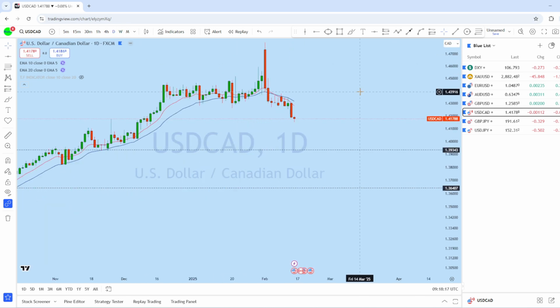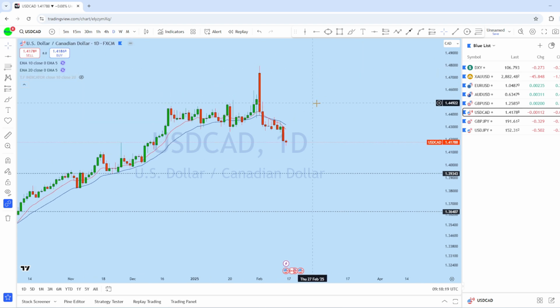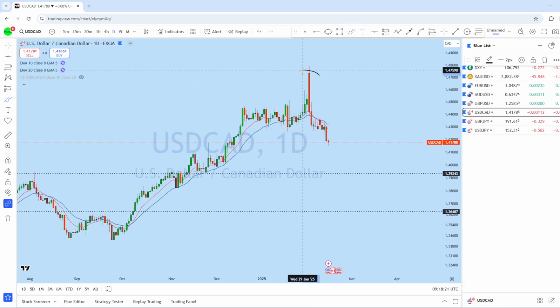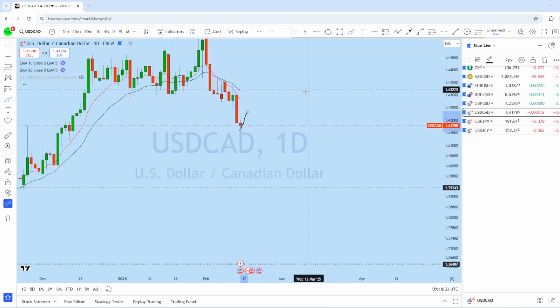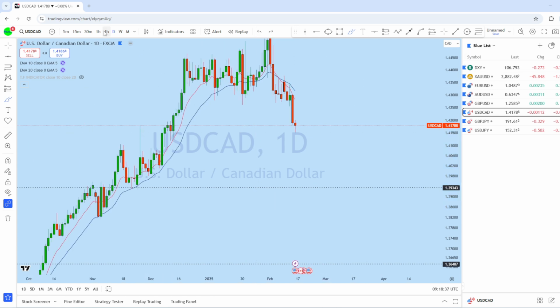Now dropping down to the daily chart on dollar CAD, we can see that from the daily perspective there is a visible head and shoulder, which is a huge head and shoulder, and the market, in fact, respecting that head and shoulder, has broken below, expecting dollar CAD for the market to retest and then to continue to drop to create a new lower low.